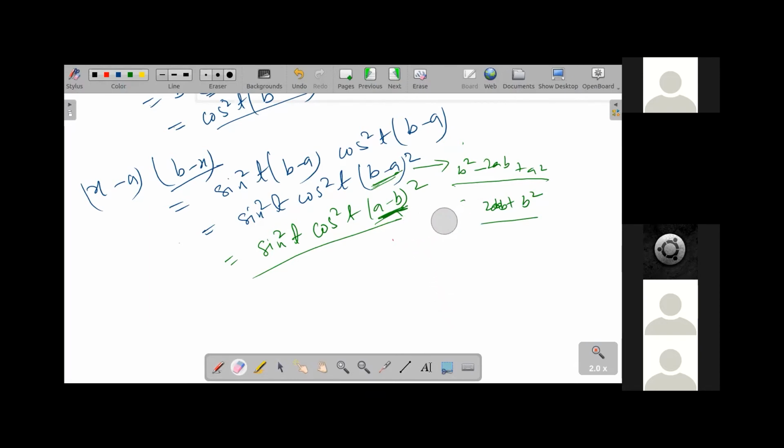They're changing only the value, I mean the character. That means anything like x minus a, whatever, if it is whole square, we can also write y minus x whole square. It will not change the value. This is the same thing, so anywhere you want to replace, you can change.